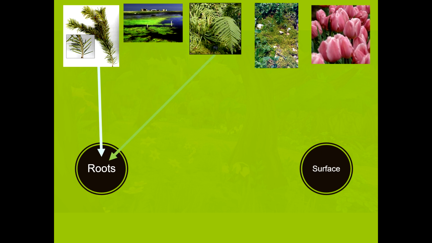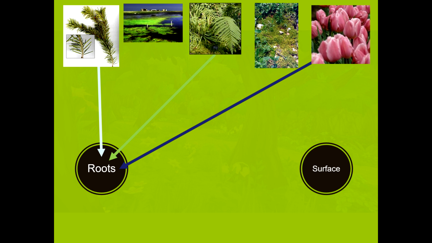Also, yes, the ferns group, they take their water from roots as well. They grow in woodland and they grow very close to the ground. The last one, of course, is the flowering plants. Yes, now all flowers we know have long stems, they have leaves, they have roots that go into the ground. That's what we first looked at when we started this topic,